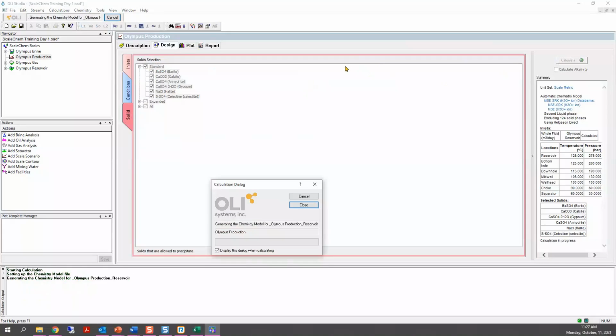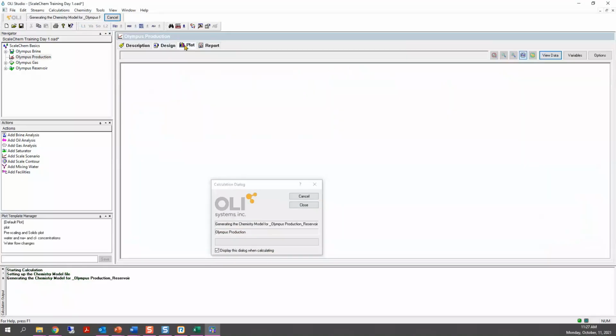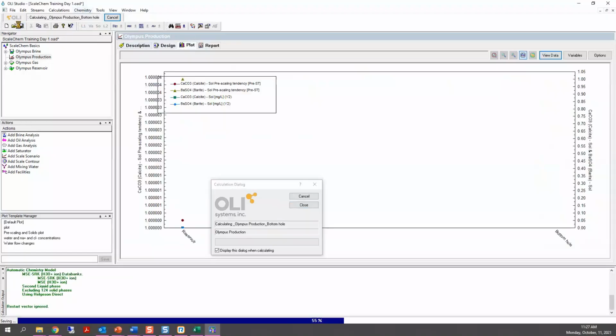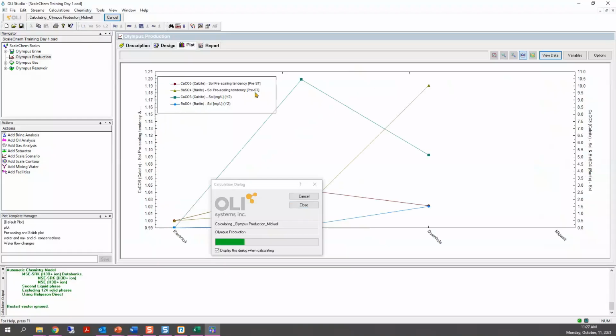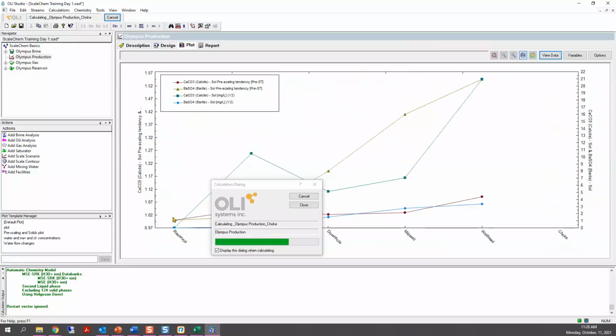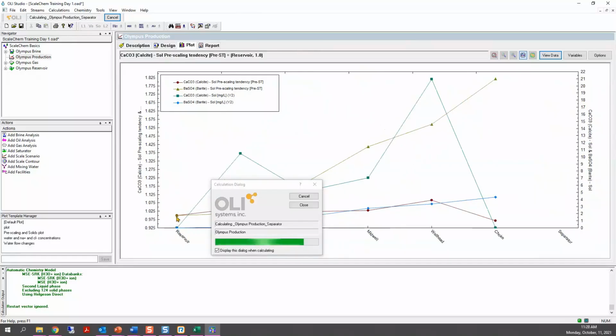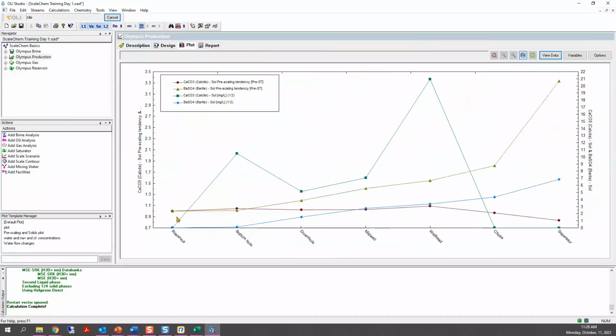This will not be different from what we have analyzed before in this plot here. Any other questions while this calculates? This will not take a long time, but now you will see something different here. Notice that the barite and the calcite values at reservoir conditions start at a saturation ratio of 1.